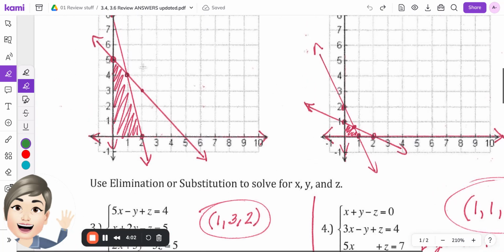Okay, if you look at this example over here, well, this intersects in the crosshairs of a grid. So does this one. So does this one. So does this one. So I don't have to write and solve a system to get the coordinates or the vertices of my feasible region for that problem. But for this problem, I do, because you see the intersection point there is in the middle of a box. It's not on the crosshairs of the grid, right? So if you still have questions on that,